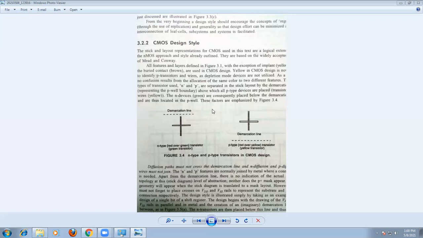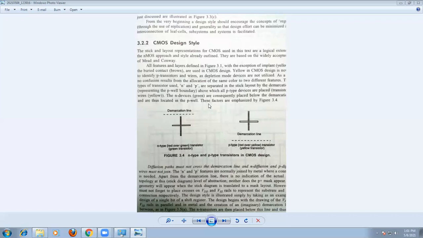And another very important thing, brown color. Basically, brown color is used in the NMOS design style for buried contact, right? For buried contact, we are going to use brown color. But we are not using the buried contact of the NMOS design style here. Remember, that is another very important thing. Why? Because the buried contact is used whenever a polysilicon joins with the diffusion layers. Then we are going to use the buried contact.